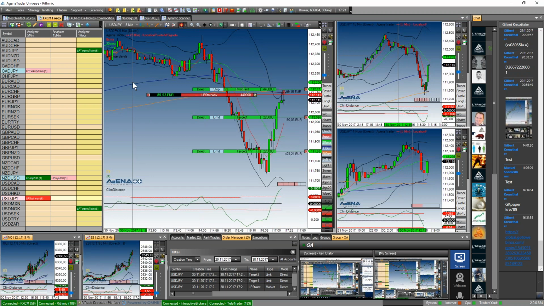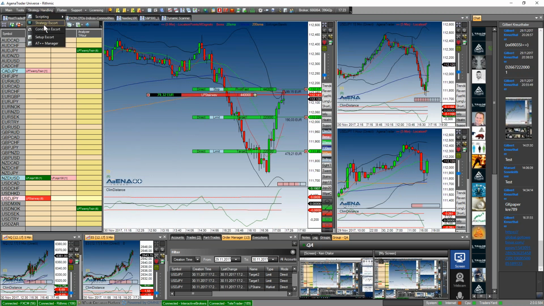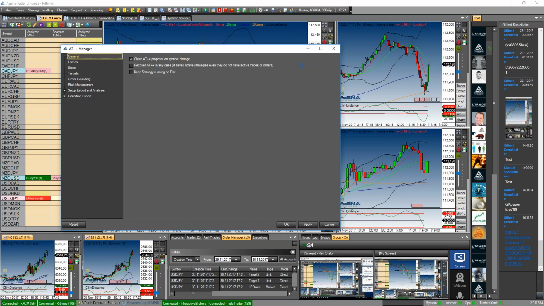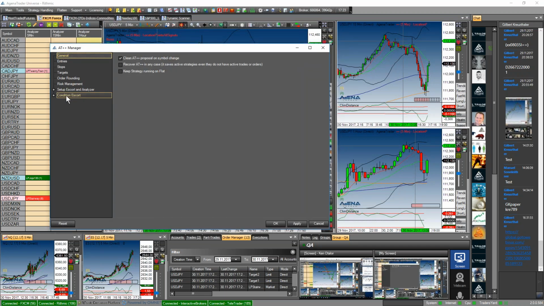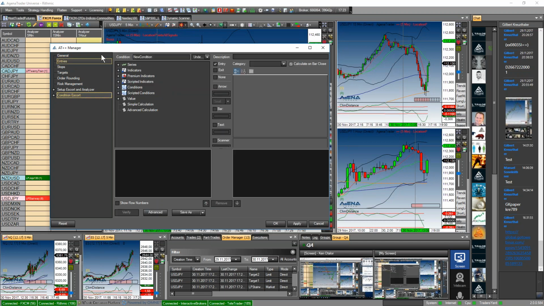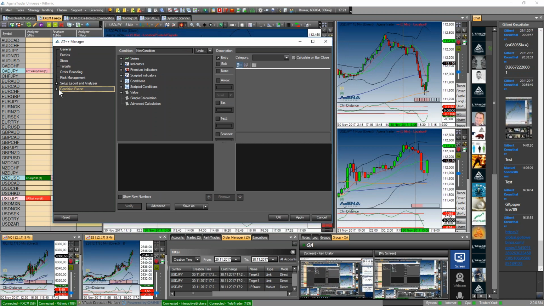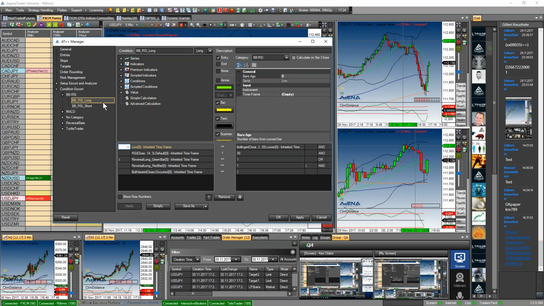This works in the following way. We have created a so-called condition escort. When you go here into what we call the AT++ manager, AT++ means where you can set up your whole semi-automated trading. Basically, you see here the condition escort. In the condition escort, you see here